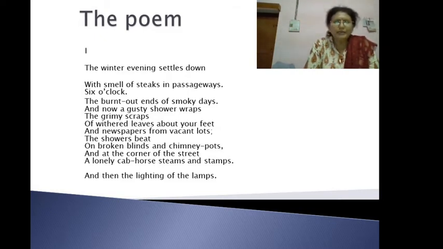The description is that of winter evening as it settles down. It is a personification in which the feelings of the characters or the speakers are embodied by inanimate objects. You see, there's no person mentioned here. The winter evening experiences an orderly transition from day to night. It's dusk time, and you see,